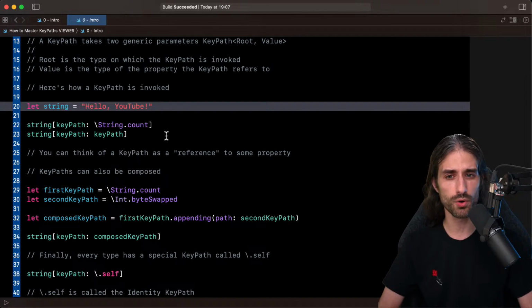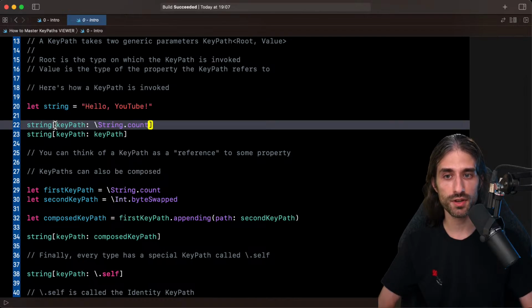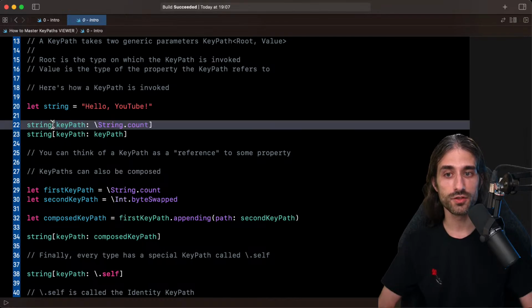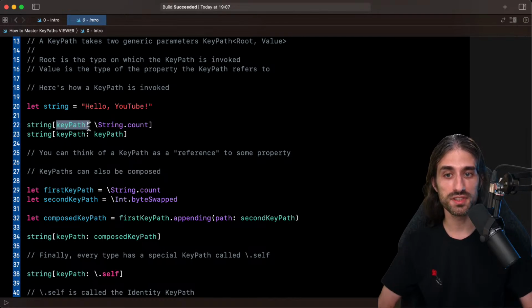Maybe same thing for tuples, but I would say that for nominal types, so types that you can refer to with a name, so an enum, a struct, a class, an actor, you can call keypaths on them. And so you use this special subscript that takes an external name for its argument. So you say subscript, and you pass the argument keyPath, and the value is the keypath that you want to invoke.